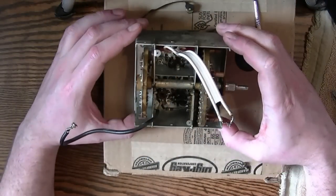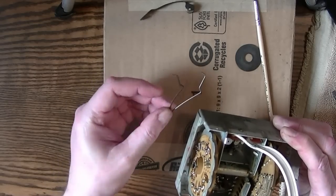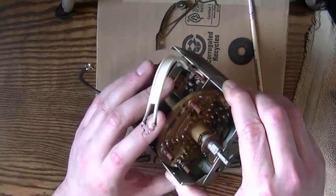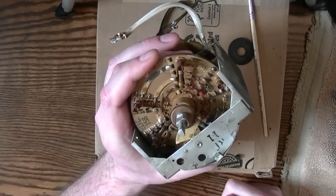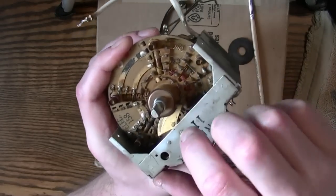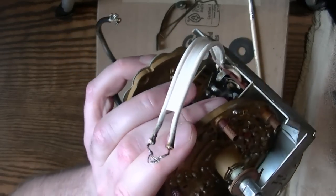Here it is the next day, and I've begun work on disassembling the tuner. Popped out the 2 pieces of spring wire that were holding this in, and then I removed the little roller ball. Now I should be able to get this out, but before I do, I had noticed that the fine tuning didn't seem to do much on this TV, and now I know why. There's kind of a fibrous disc here that rubs up against a brass piece, and that is the fine tuning. It forms a variable capacitor,